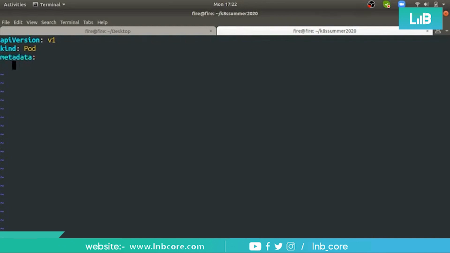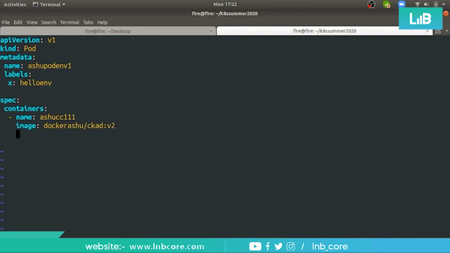Metadata is something that, let me just set shiftwidth equals 1, and name ashupodenv1, labels x colon helloenv, and then under specification I'm writing containers and then name ashucontainer111, image dockerashu/ckad version 2, and ports, containerPort 80.